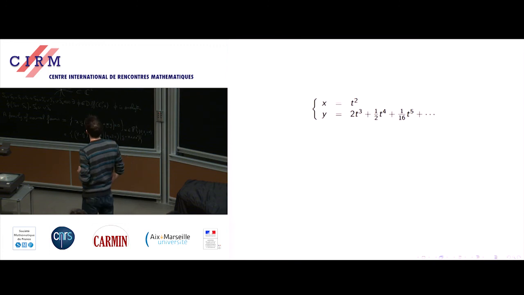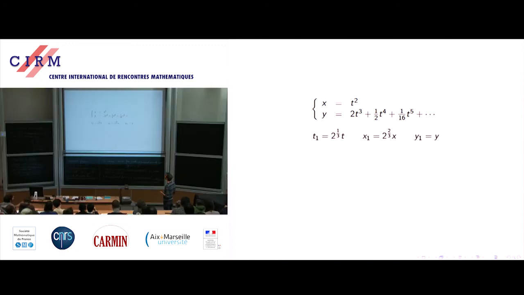Okay. So let's make some change of coordinates in order to make this Puiseux parametrization a bit more beautiful, a bit more normal. So for instance, you can remove the 2 before the t to the power 3 by making the following change of parameters. You change the parameter t the following way, you change the coordinate x the following way, and you don't change the coordinate y. After that, the coefficients change a bit. This is still correct, okay? But the 2 has disappeared, and there is just a 1 before t_1 to the power 3.